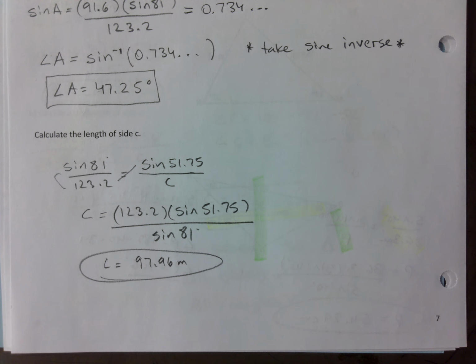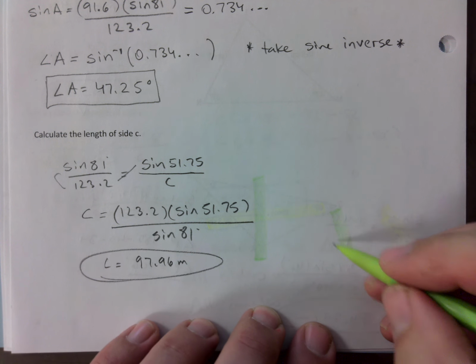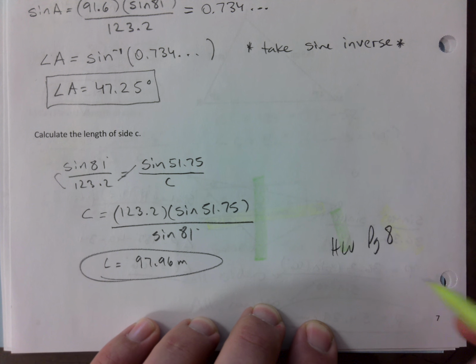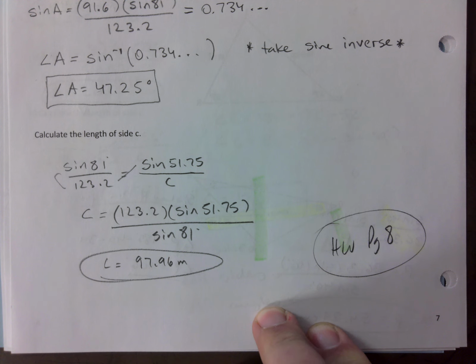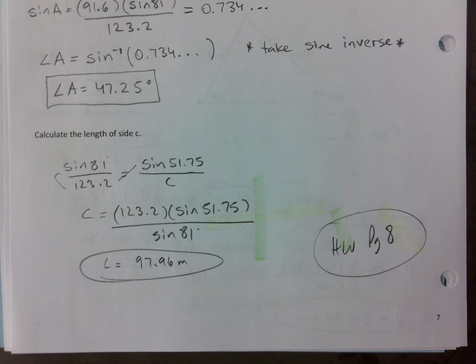There we go. So you now know, hopefully, how to use sine law solving for either angles or sides. I'm going to ask you to practice on page 8, three questions. That's all I'm going to assign. So page 8. It says calculate the measure of the indicated side and or angle. Right? So I'm mixing it up there. If I post more pages, that's up to you if you want to do the rest, but I'm pretty sure I'm just going to post page 8. And maybe even page 6, the one where if you solve the whole thing,